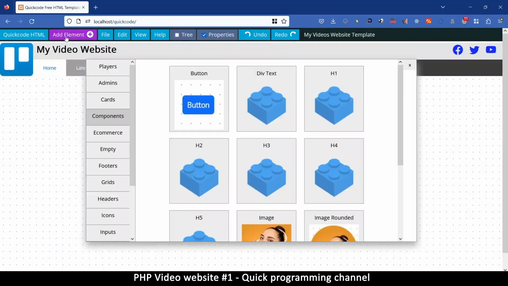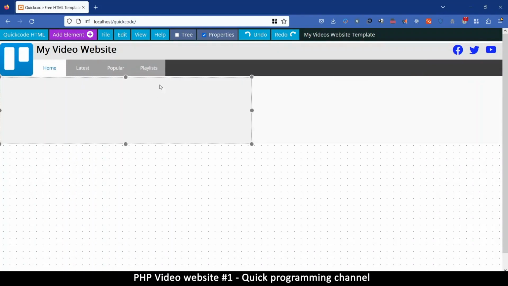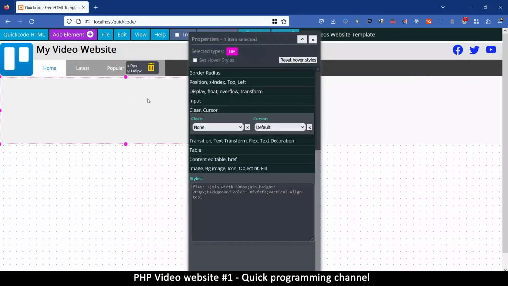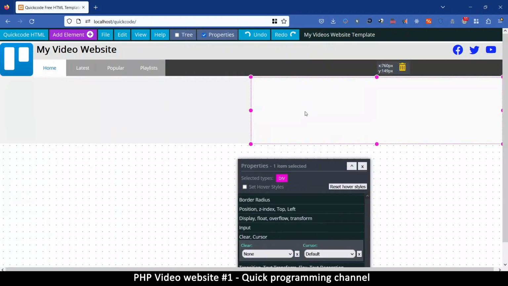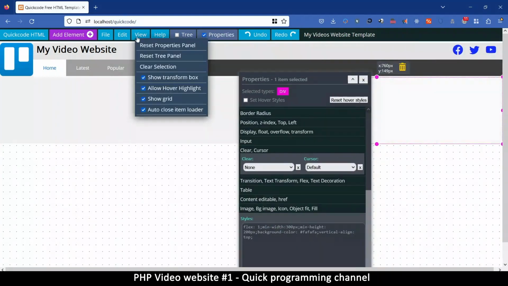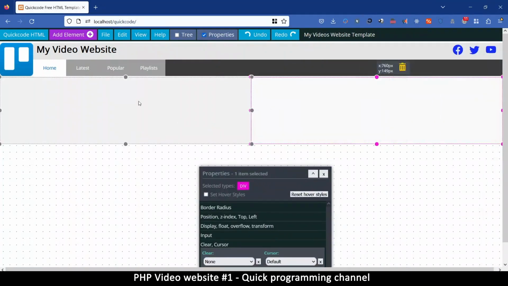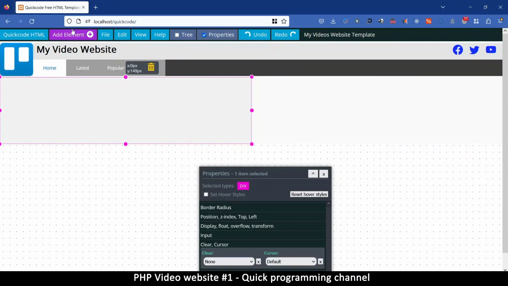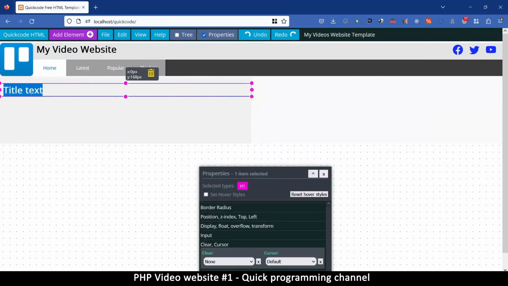So down here, I'm going to add another empty grid. Let's go to grids, grid type 1. So this thing has two divs on the left and on the right, this one and this one. Now, if you want to reset this to that side, you can just go view, reset properties panel, and it's back there. Okay, so in here, I want to put some text, and I'm going to add an h1, it's components, h1 tag. So here I can say something like